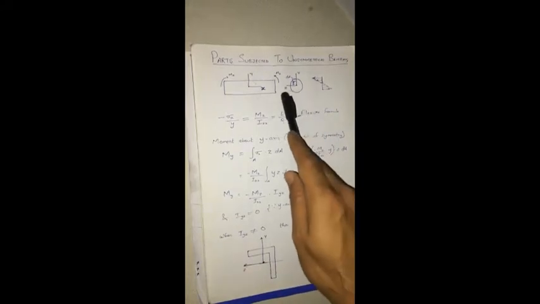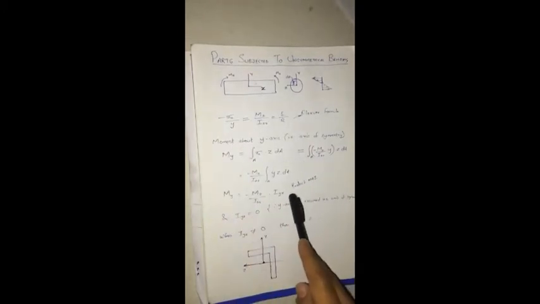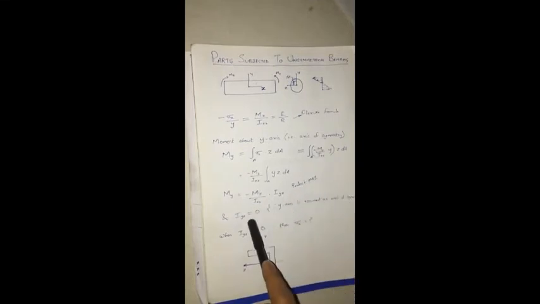Okay, so let's talk about this. Suppose there is a case when Iyz is not equal to 0. Then in that case, sigma x cannot be determined with the help of the flexural formula. We are able to apply this flexural formula when the product moment of inertia about the symmetric axis is equal to 0. When this is not equal to 0, we will not be able to apply the flexural formula. So in that case, we need to find a different route to arrive at a stress distribution in the cross section.